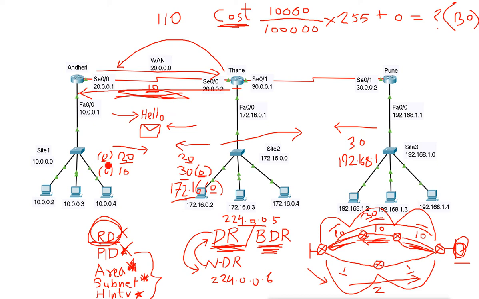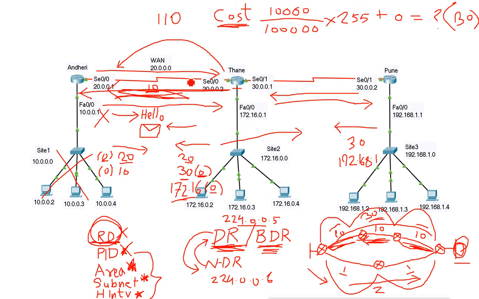Now suppose some network goes down, what happens in RIP? They wait for the timer to expire to send the update. But here it does a triggered update. Triggered update means once the network is down, it directly sends a hello to the other router, saying I have this network down. It notes that, and then it will send to the other routers also that this network is down. And then this router acknowledges that okay, I noted that this network is down.